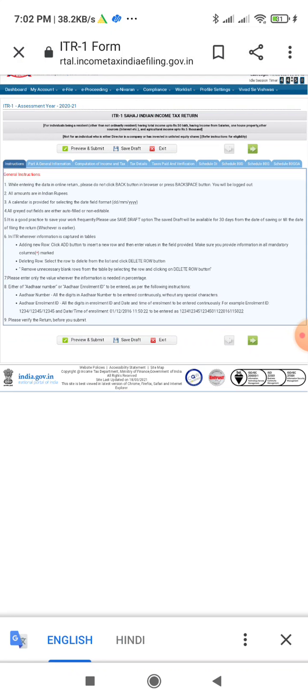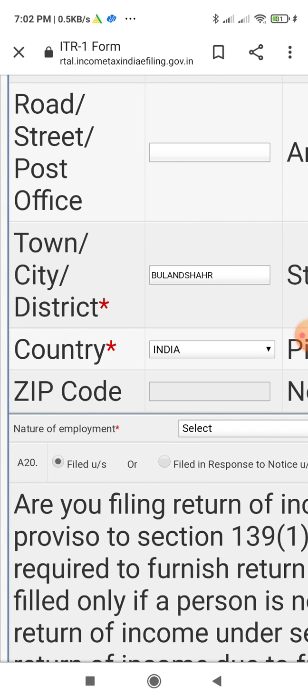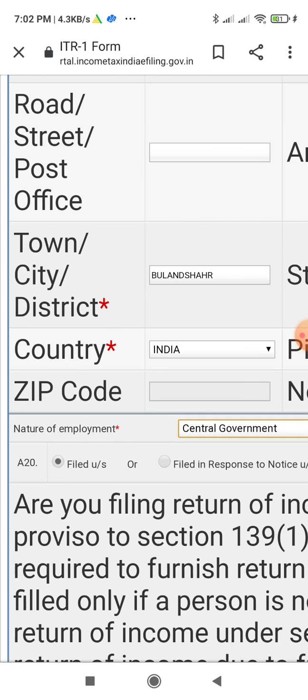Now these various forms will appear in front of you. So first of all, we need to click on part A, that is general information. Here we need to amend only two things. Number one is this nature of employment. Nature of employment is central government.